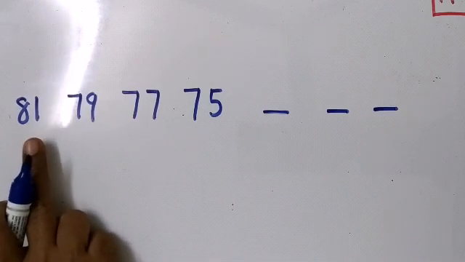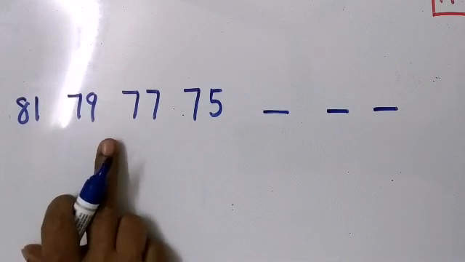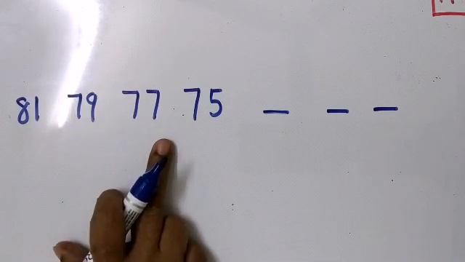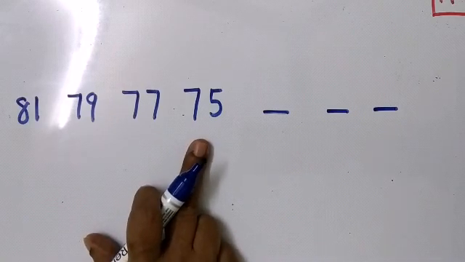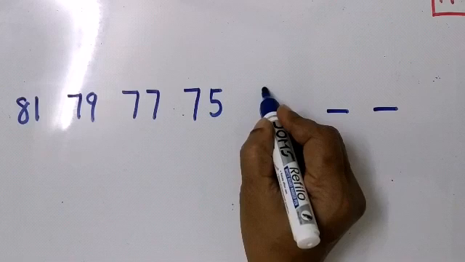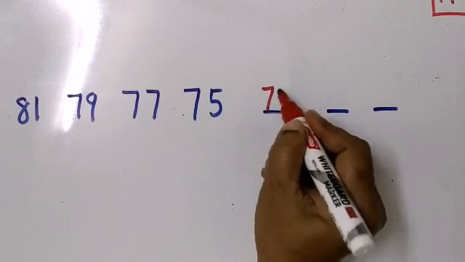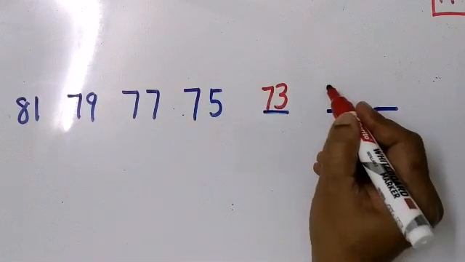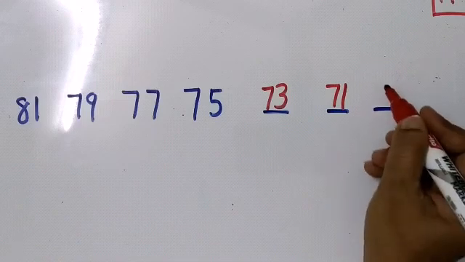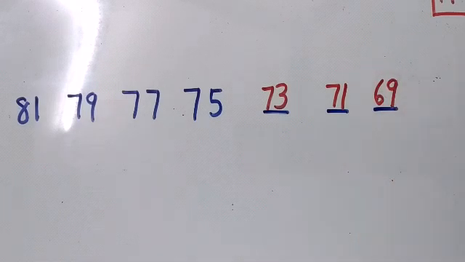81, you minus 2, you get 79. 79, you minus 2, you get 77. 77, you minus 2, you get 75. Now 75, you less 2, you will get 73. Let me write with the red pen. Okay, so you get 73. 73 you less 2 you get 71 and 71 you less 2 you get 69. Now children, you need to do this mentally, but if you cannot, you can always do a working here on your right side. Now let's move to the multiplication example.